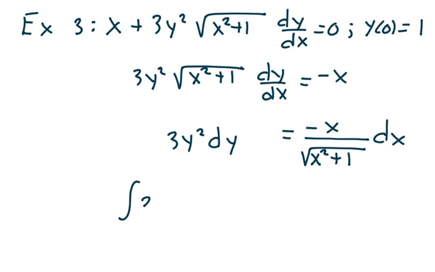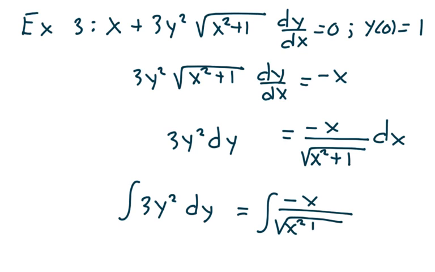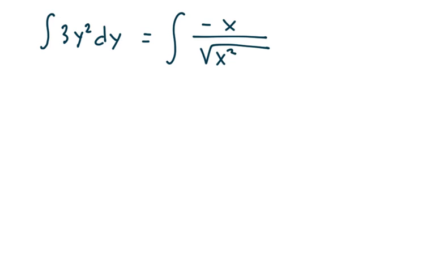So I want to integrate both sides. So 3y squared dy is the same as the integral of negative x over the square root of x squared plus 1 dx. So let's rewrite that over here. The integral of 3y squared dy is the same as the integral of negative x over the square root of x squared plus 1 dx. And so y cubed